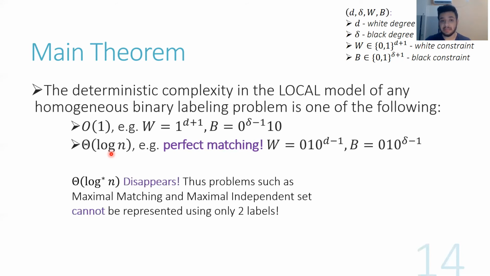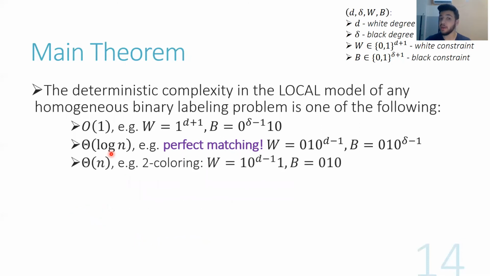So in particular, this means the theta of log star n disappears, which is very surprising because many natural symmetry breaking problems, such as maximal matching and MIS, are known to have complexity theta of log star n, which means that these problems cannot be expressed using only two labels. From theta log n, we immediately jump to theta of n. And as you can see, we can represent two coloring using our framework. And we have the unsolvable